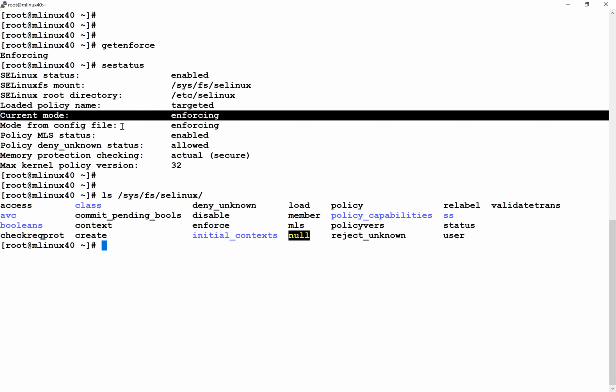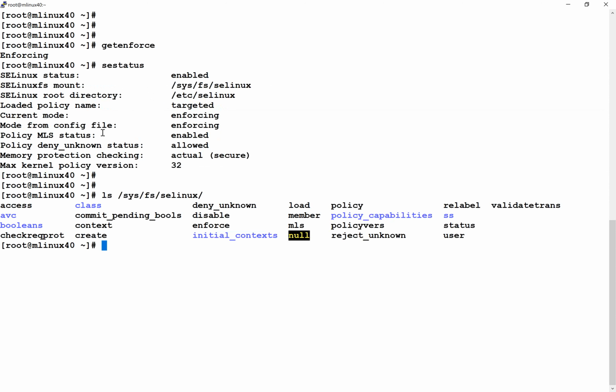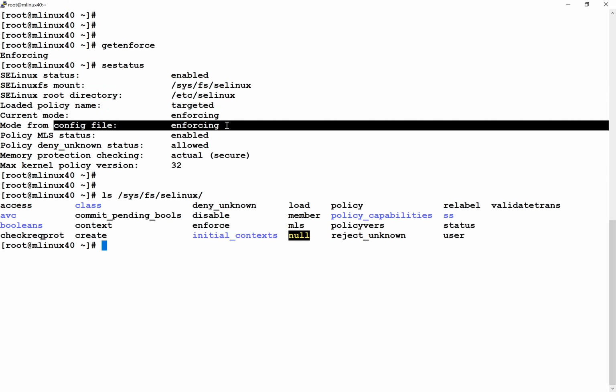It becomes permanent only when you update the same thing in the config file. So every time the system restarts, what mode it is going to come up in is the thing which is stored in the configuration file. So it says right now it is enforcing, and in the configuration file also it is enforcing. That means right now it is enforcing, even after reboot it is going to be enforcing because config is updated